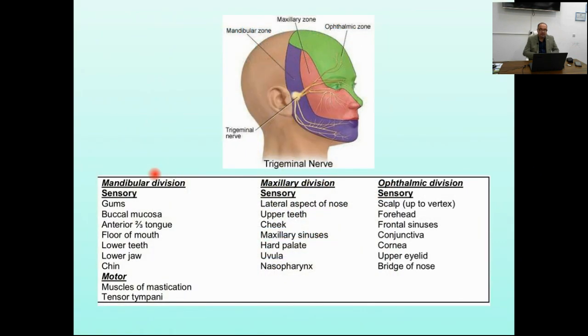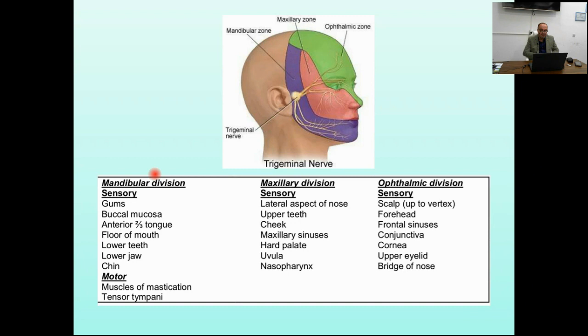This is also the distribution of the sensory branches to the face. We have a mandibular division, maxillary division, and the ophthalmic division. The mandibular division, the sensory part, supplies the gums, buccal mucosa, anterior two-thirds of the tongue, the floor of the